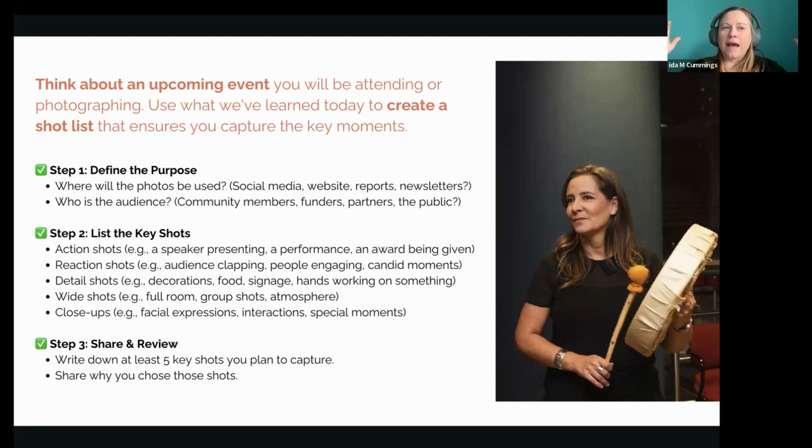So I would have a wide shot of each of the speakers and a tighter shot of each of the speakers for social, so you could have variety to use them. And I would write your shots ahead of time so that you can focus on checking them off. So when you're done, you know you got the good stuff and you can move on to the next one. Awesome. Thank you.